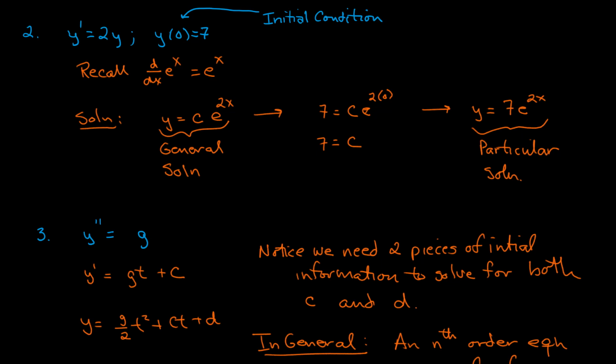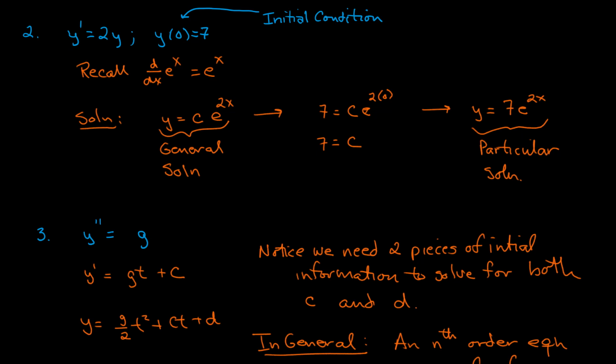The solution to this is based on realizing that the derivative of e to the x is e to the x. So we can write down that y is equal to e to the 2x, the original equation we started with, realizing that this 2 here came from taking the derivative of e to the 2x, and we're going to include a constant out front. This constant out front is going to allow us to adjust our equation, moving it from a general solution, which is what we have right now with y equals c e to the 2x,